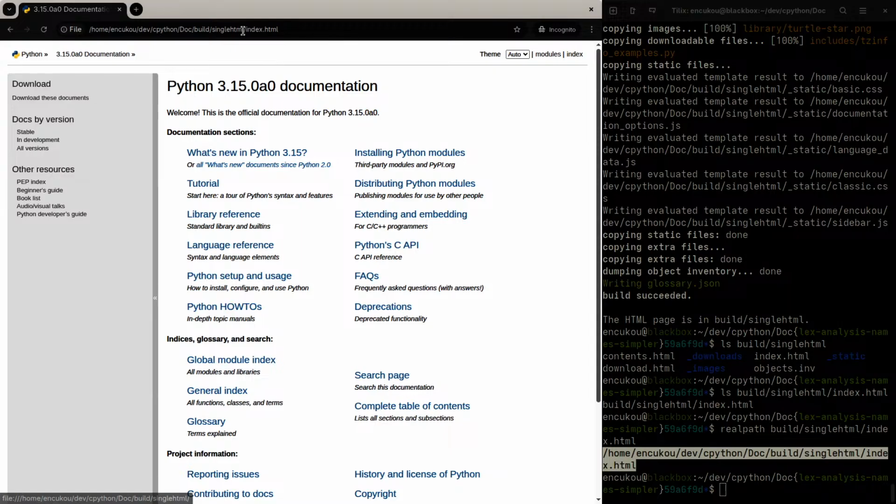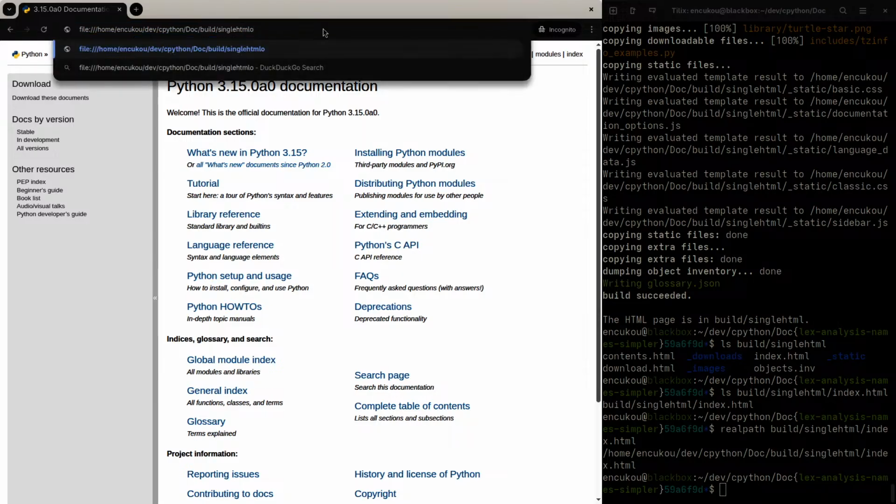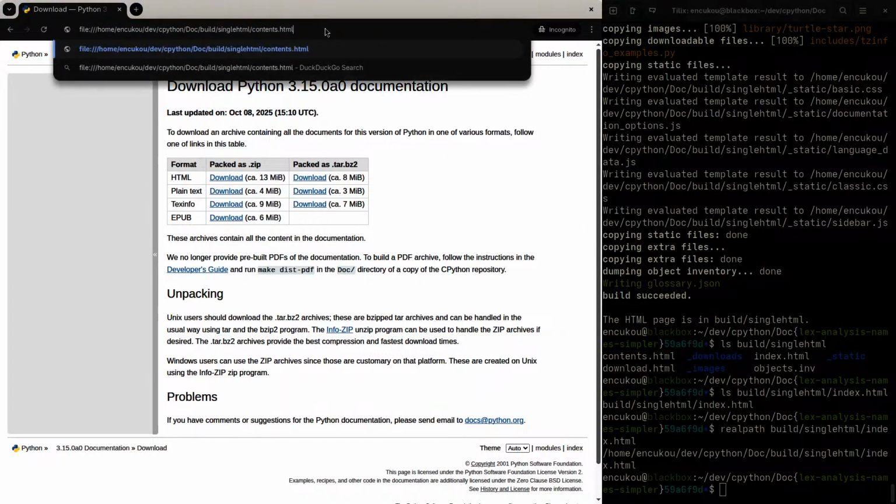Oh, so index.html apparently is a custom landing page, so that's separate. Then there's download HTML, which is also a custom HTML page, so that's separate. And then there's contents HTML.